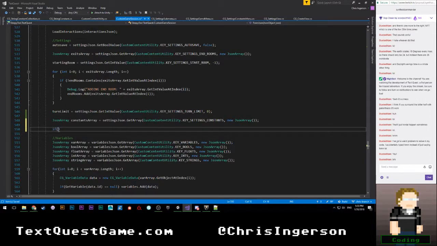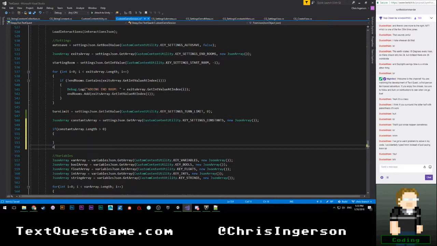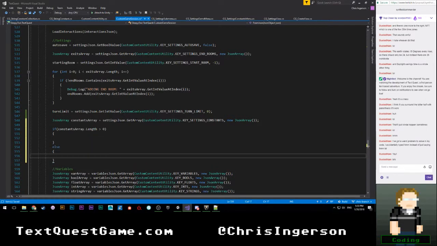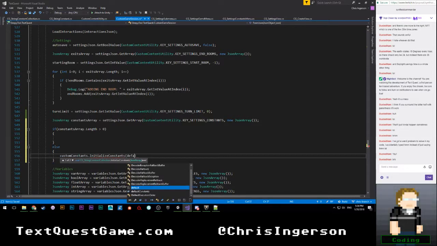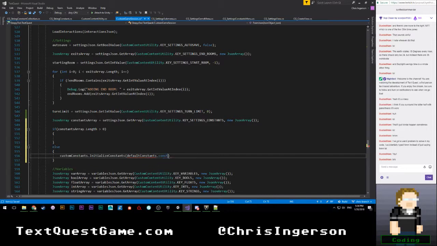So here we're going to say if constants array dot length is greater than 0, then we're going to load that data. Otherwise, we're going to have to initialize from the default values. So we're going to say custom constants dot initialize constants based off of default constants dot constants.